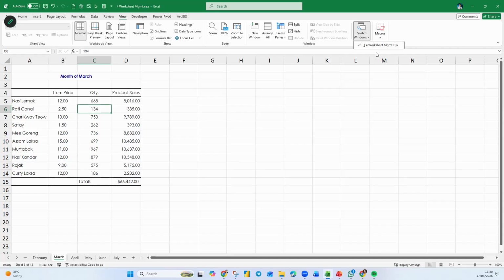So you see mine, so you watch my screen first. I only have one here. Okay? But I want to have on my left my report, on my right I want to see my database. So I can't do that at the moment because there's only one window. So I will click on this button inside the window group here. There's something called new window. So I click the new window.